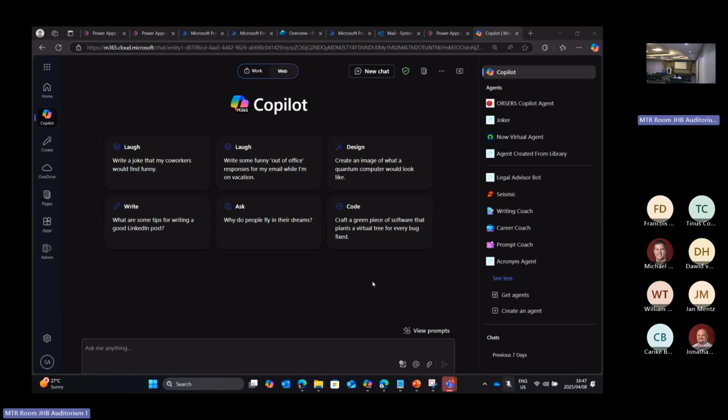And let me start. I have no slides, and that's just because I'm lazy. So let's just start here. What you see here is called Microsoft Copilot Chat. Copilot Chat you can get to by going to